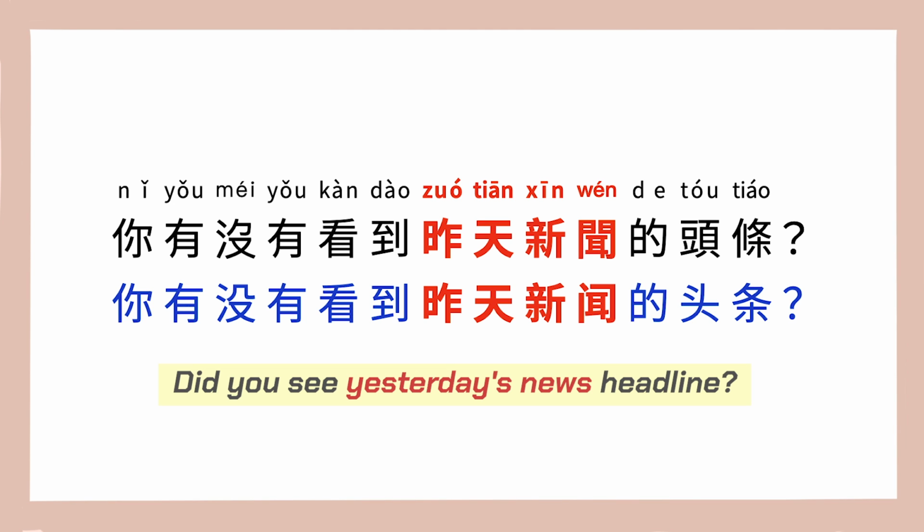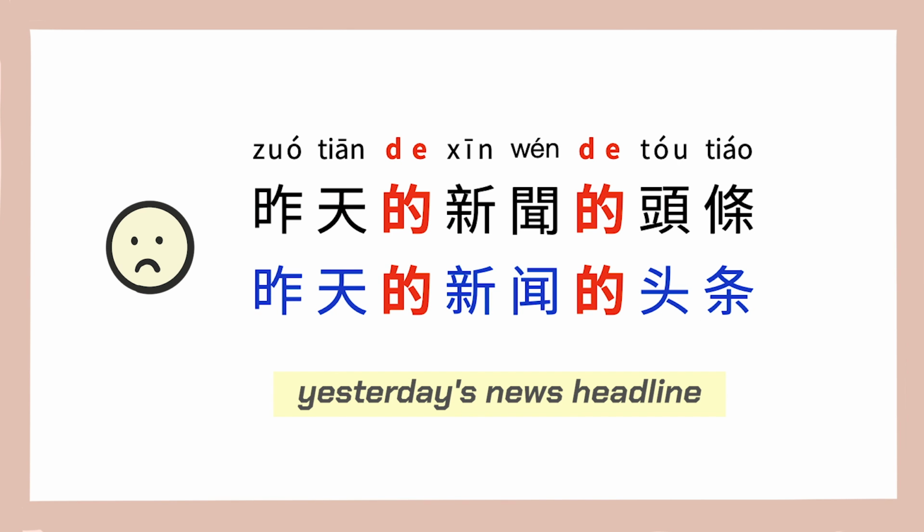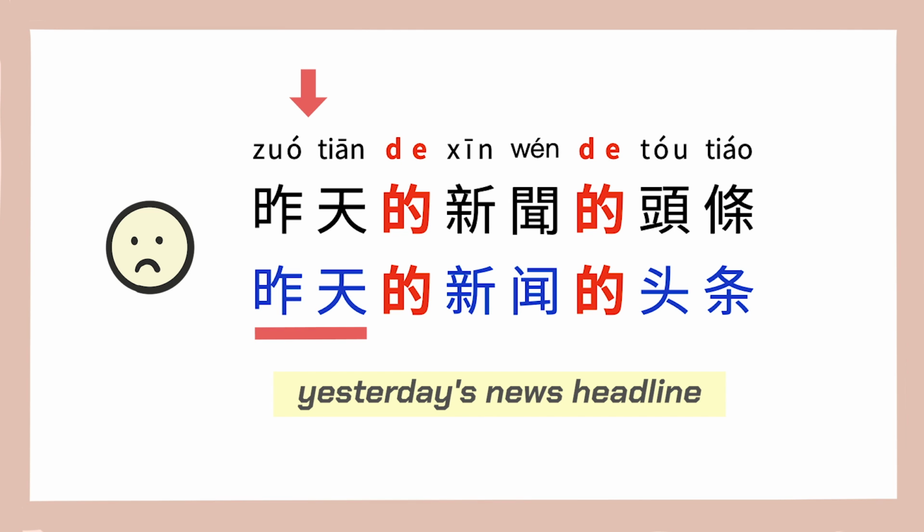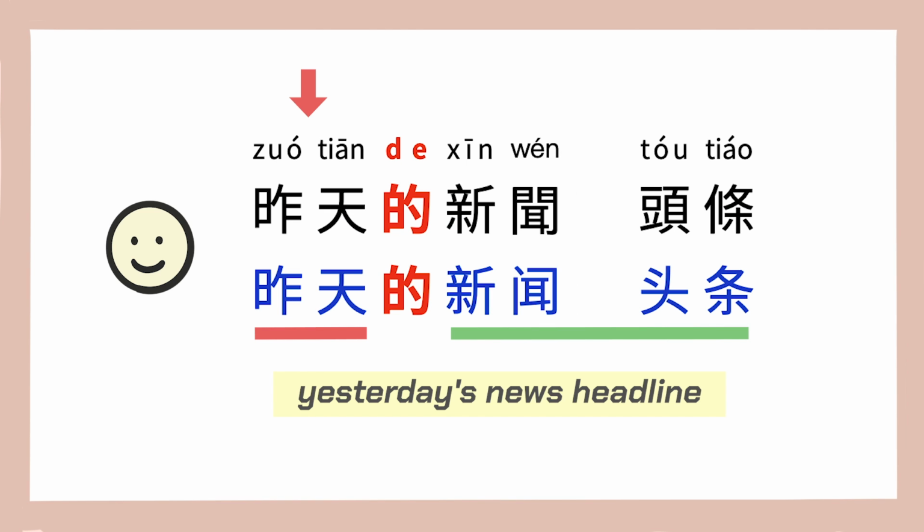In Chinese, we prefer not to use too many 的 in a phrase, so it sounds unnatural to say 昨天的新闻的头条。Here, we know the main noun we want to modify is the last one, 头条, so we can drop the 的 between 昨天 and 新闻. However, if you want to emphasize that the news is from yesterday, you can add 的 after 昨天, but to avoid using too many 的, you should delete the 的 between 新闻 and 头条, considering them as a unit, and say 昨天的新闻头条。